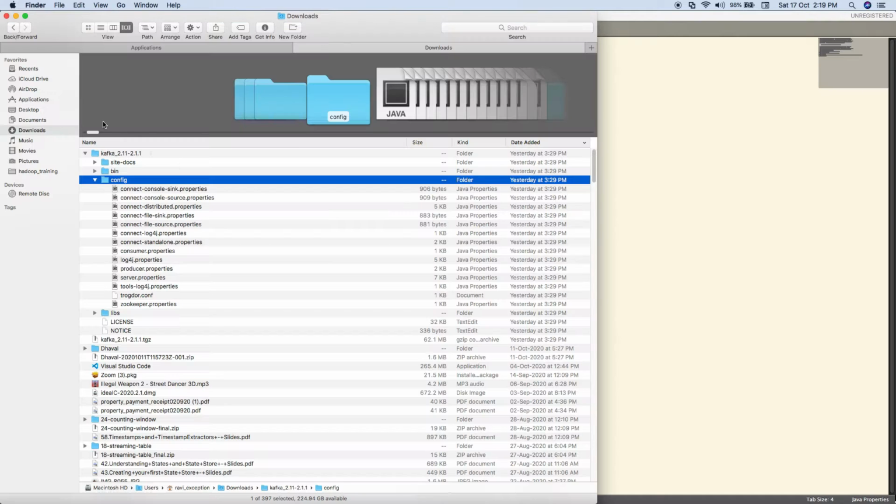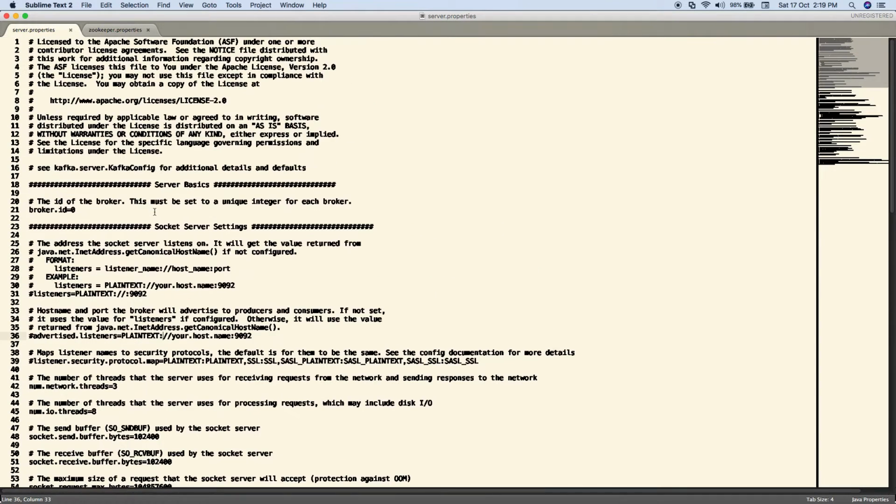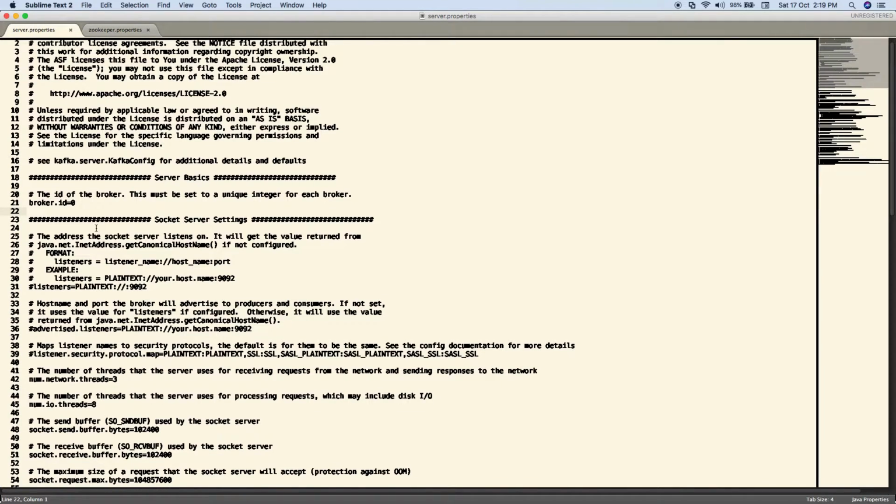Okay, let's open another file, server.properties. This property file gets used by the Kafka broker. When you start a Kafka broker, it uses the server.properties file. So what is mentioned here: the ID of a given broker. You can have 10 brokers, 15 brokers. In this file you have to maintain their ID. Since this zip contains only one server.properties, it is going to start only one broker. But what we will do, we will create 3 files: server1.properties, server2.properties, server3.properties.